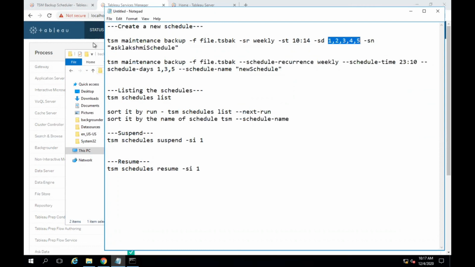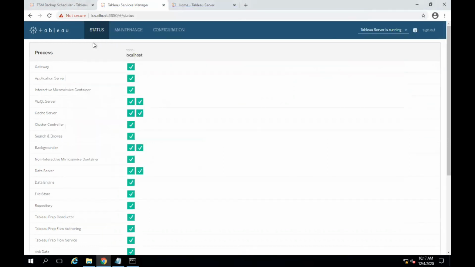This is one of the interesting features that is coming in 2020.4, and it is still in beta. So we should wait for the official release before using it in a production environment that you are going to upgrade or install anywhere. Also, I would recommend you to participate in the beta testing, so that you get the chance to test out the features coming in newer versions, and the opportunity to give feedback to the Tableau team and see what they come back with.